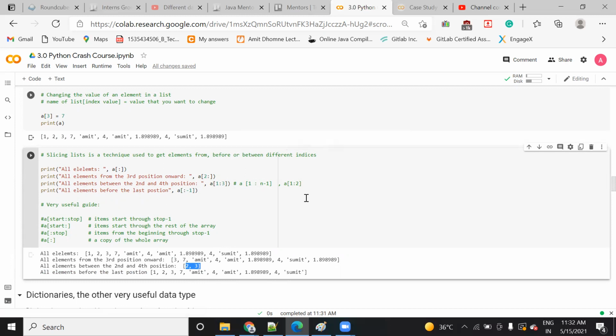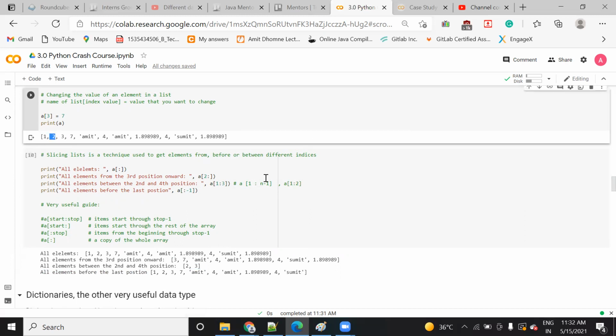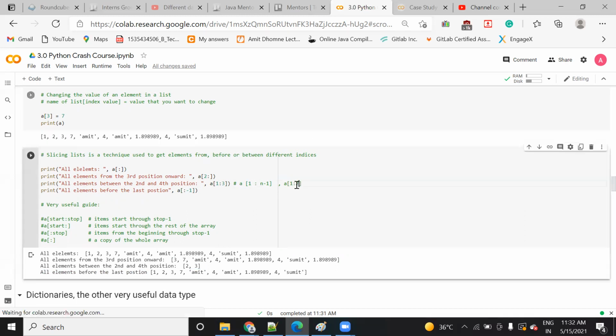It is showing the value present at index 1, that is your 2, and index 2, that is your 3, at the second and third position, right?